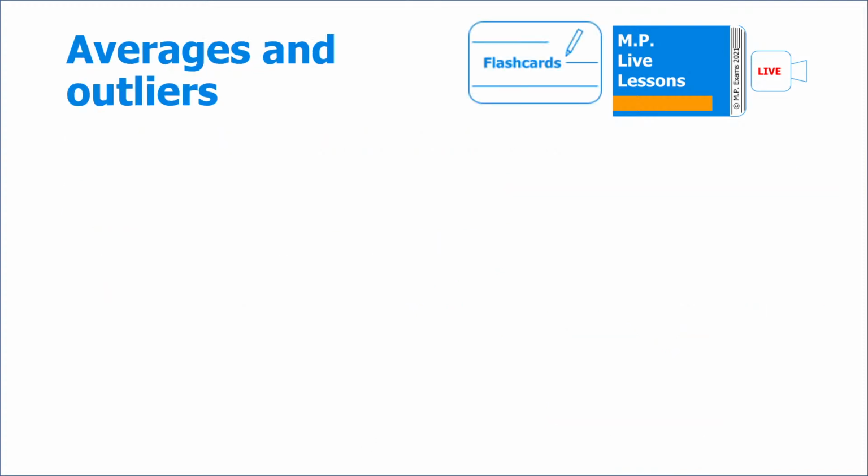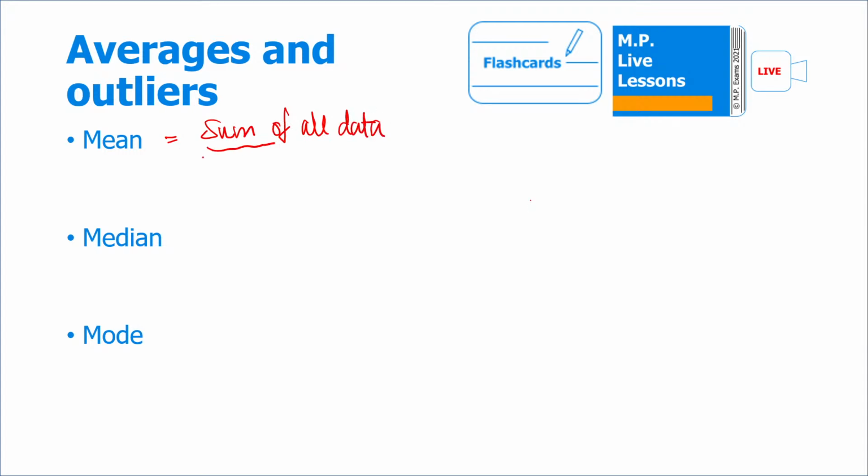Next for foundation is the types of averages and maybe outliers. Now there are 3 ways to calculate an average. First is the mean, and the mean is, well, quite nasty to us because we have to calculate it. If you like, this is the sum of all numbers, like all the data, divided by how many numbers